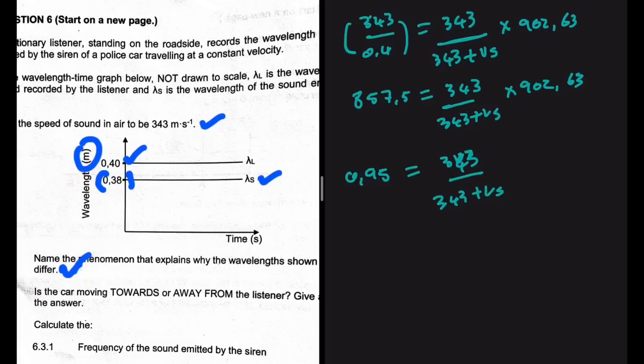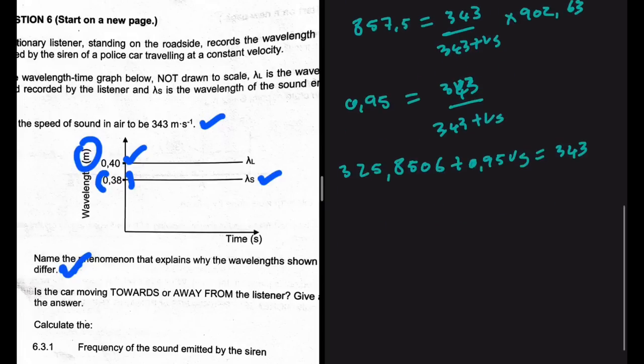So 0.95 multiplied by 343 is 325.8506, and then plus 0.95 Vs is equal to 343. So Vs is going to be equal to 343 minus